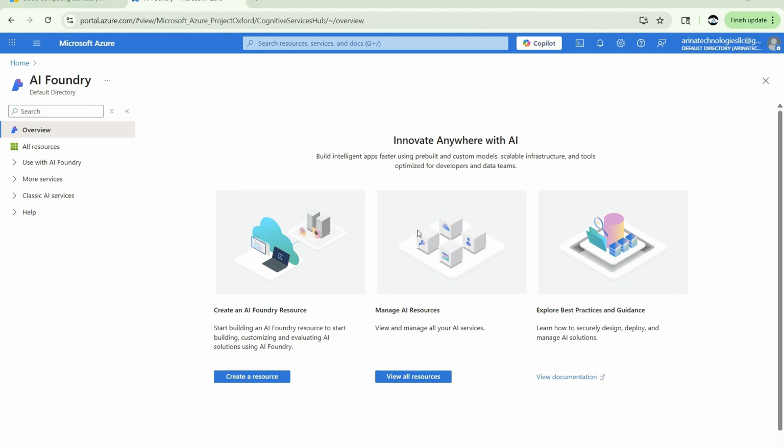LangChain can be used in two ways. First is using the Azure AI Model Inference API, where all models deployed to Azure AI Foundry support the Model Inference API, which offers a common set of functionality that can be used for most of the models in the catalog. The benefit of this API is that since it's the same for all the models, changing from one to another is as simple as changing the model deployment being used. No further changes are required in the code. So we are going to show you in the demo what extensions you require, which is LangChain Azure AI.